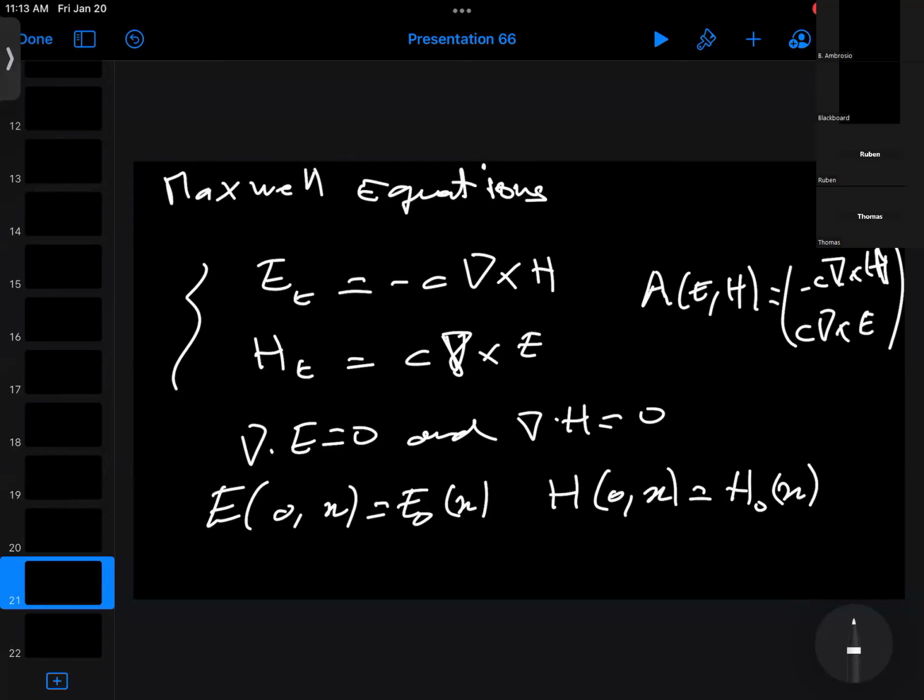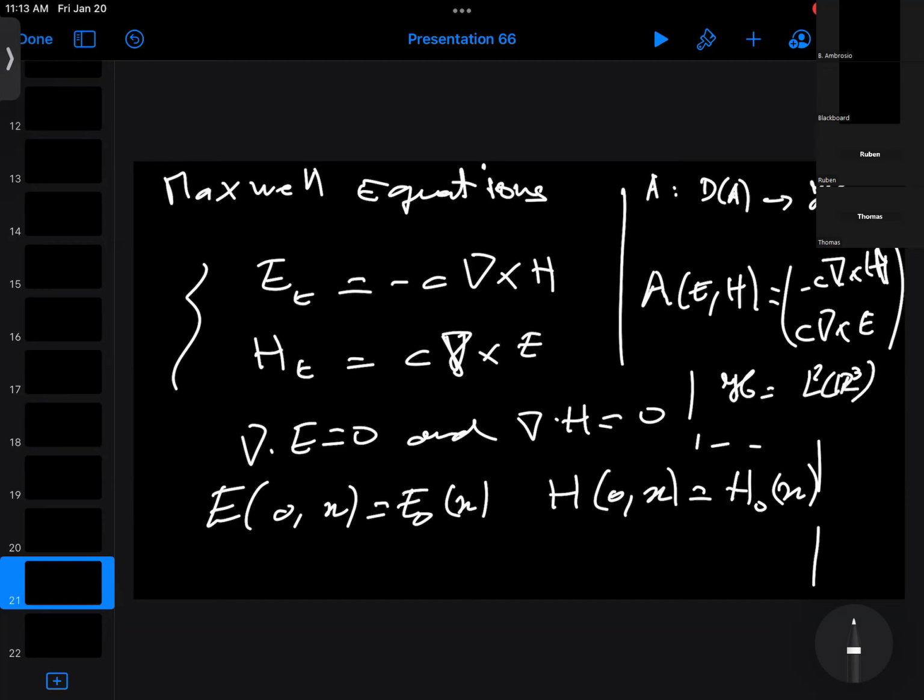And so the operator goes in, let's call it H, and H is what? H is in fact L2 of R3 to the power 6, and